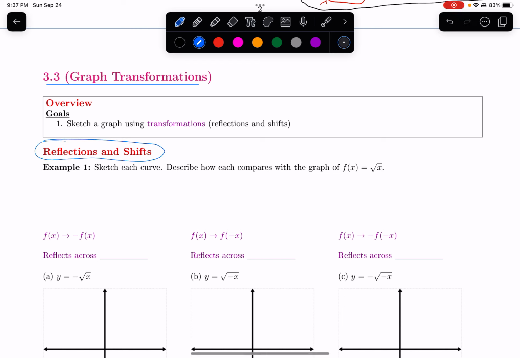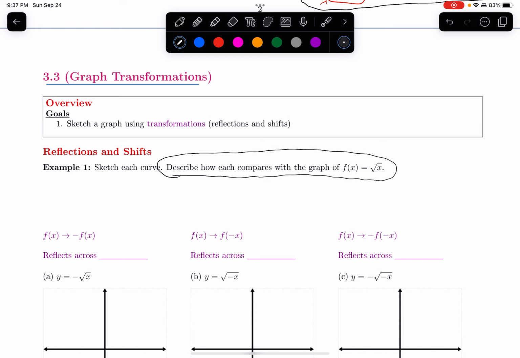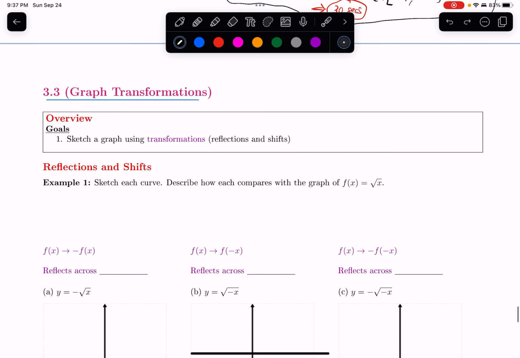So I want to get right into an example where we sketch a bunch of curves. And in each part, I want to describe how each curve that I'm going to draw compares with the graph of f of x equals square root of x. So that is going to be my original function here, and then I'm going to start to tweak the formula. So if I draw some axes,